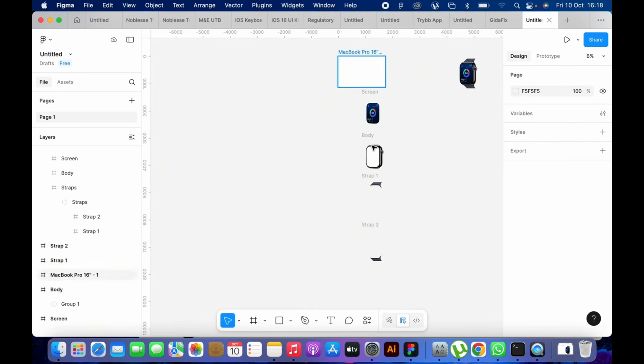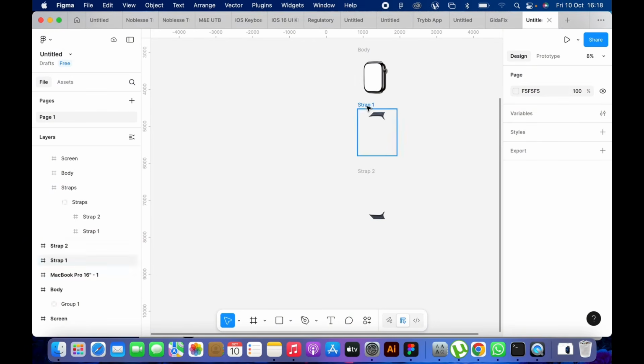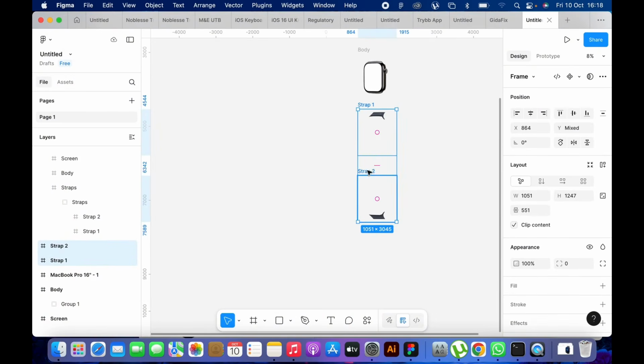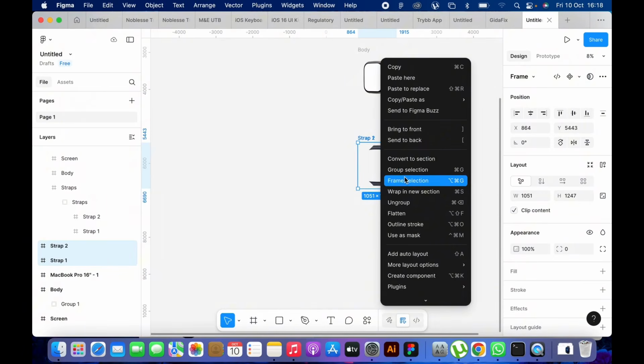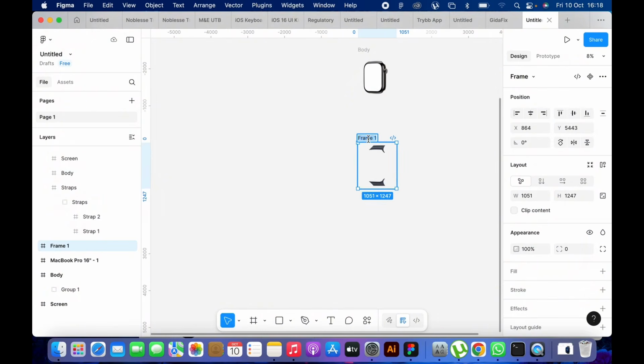So now that we have our elements in this order, the first thing we're going to do is select these straps and then align them horizontally and vertically. And once we have something like this, we can put them in a frame and name this frame